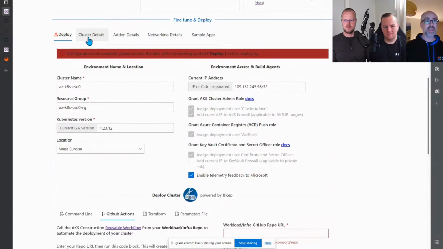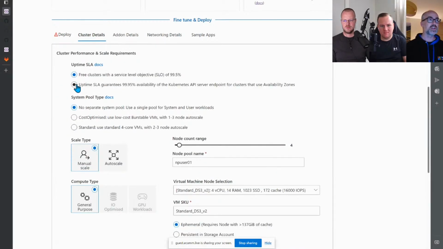And that's where these tabs come in really useful. We've got some of the Azure specialists, and one of the things they really like about this is that they can take this to a customer and start having a conversation around each of these individual features, because it spurs the conversation straight out of the box. Uptime SLA: a number of the reference implementations hard code this. They go, you're going to have it, or we're not even going to tell you about it. But here, we're making it optional.